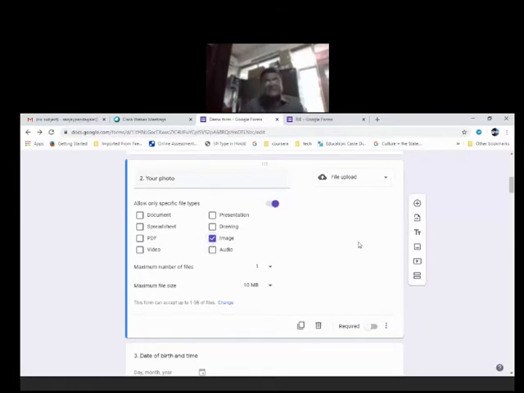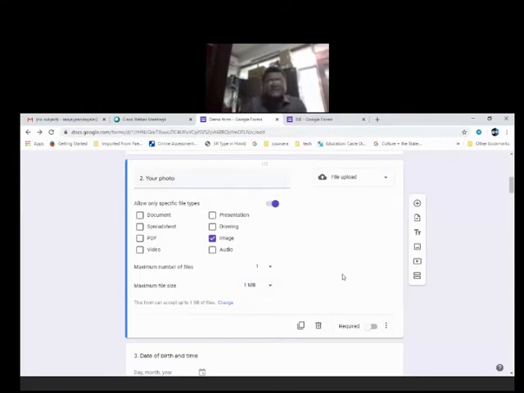The candidate will be able to send an image file only, not audio or PDF or any other kind of thing. Maximum number of files we can give permission for from here, one file or five files or 10 files, and like that. Maximum file size should be 1 MB, so I will take 1 MB.